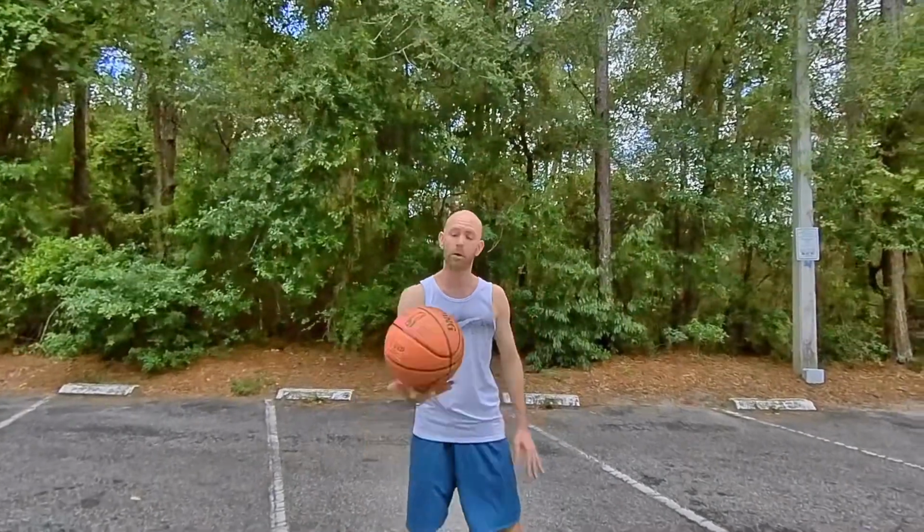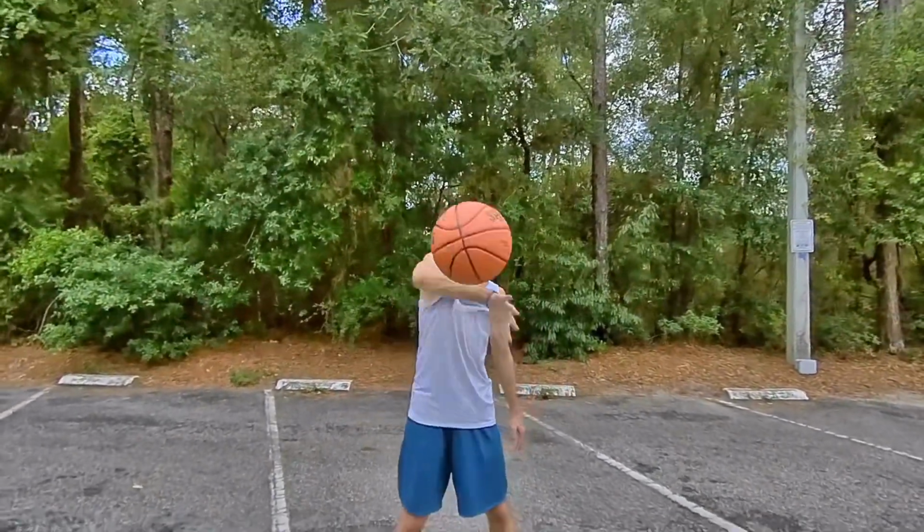Okay, next thing that'll really take your control next level with that weak hand is what's called overhand catches. Now those are not easy. So basically it's just that right there, boom. Now you might be wondering, why would I want to do this? I'll explain how to do it in a second, but why you would want to do it is,